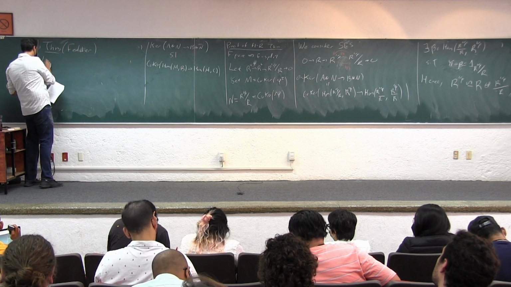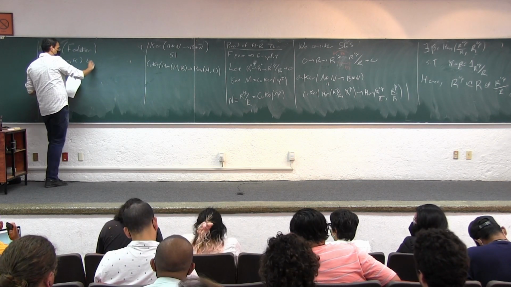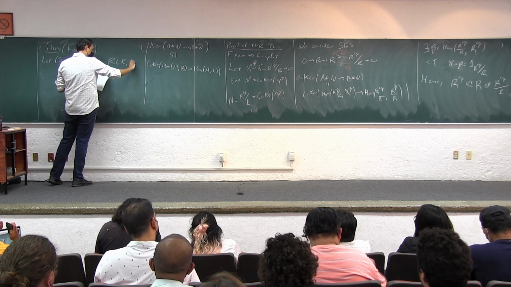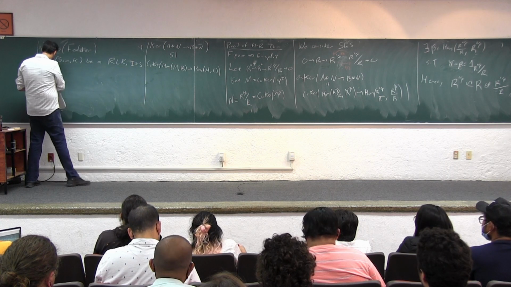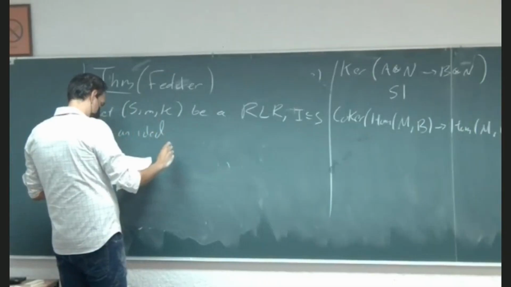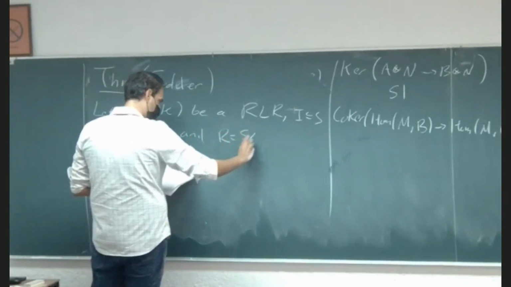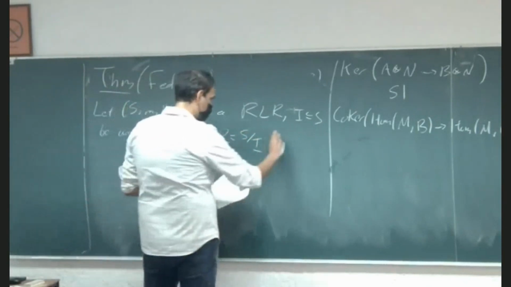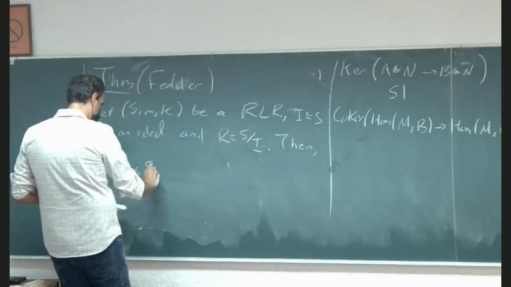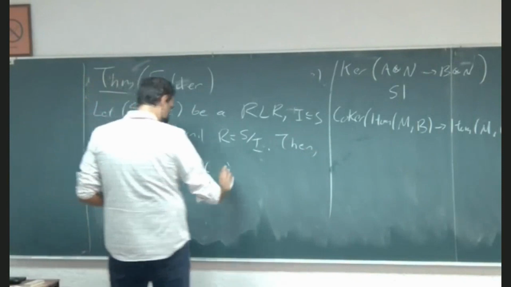And it says the following: let S be a regular local ring, I an ideal, and R equal to the quotient. Then R is F-pure if and only if